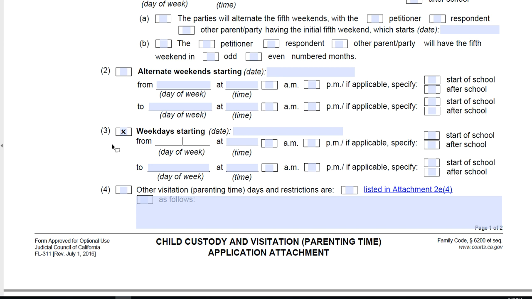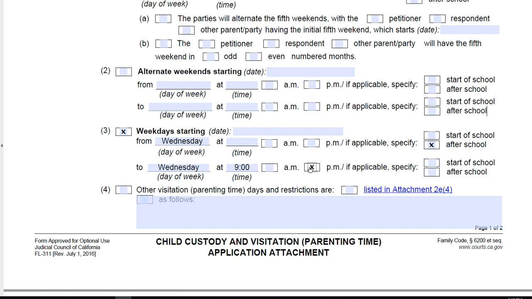Let's just say it's going to be Wednesday from after school until Wednesday at 9 o'clock. So that means that every Wednesday the respondent will pick the children up, and then the visitation will